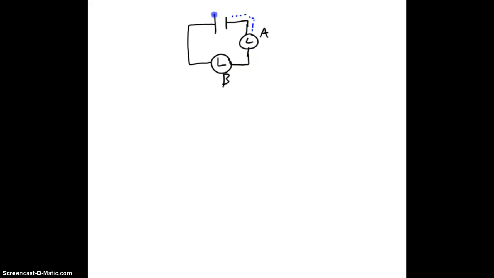Now, if we wanted to create something in parallel instead, so let me go back and take back our little circuit here. If I wanted to create something in parallel, what we would do is we would add in another light bulb, but this time we're giving the electrons the choice. So when the electrons come out of our negative lead there, we give them the choice. They can either go to light bulb A, or they can go to light bulb B, but they cannot go to both. So our electrons could go this way, or our electrons could go this way,